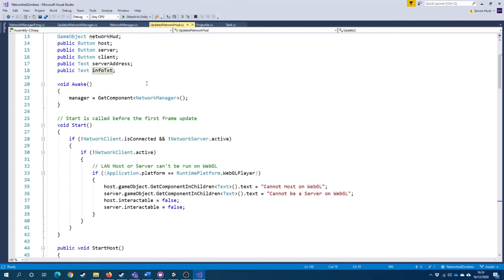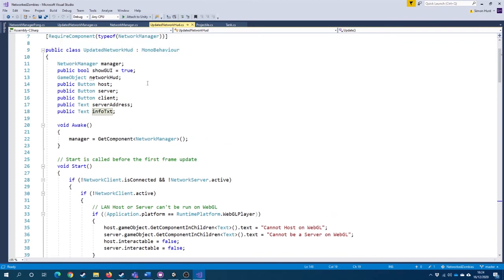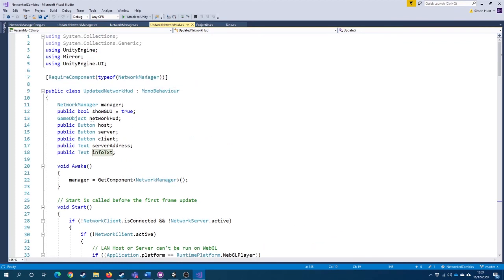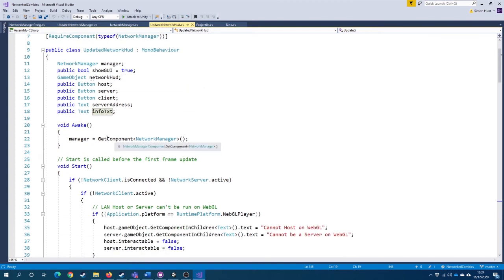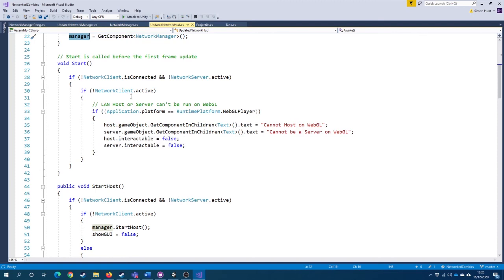So it pulls some of the behaviors from the network manager. Okay? So we say we have this new network manager, which is a required component, and we say cache that, and then we have a whole list of things. So if there's no network client collected and the network server's not active,